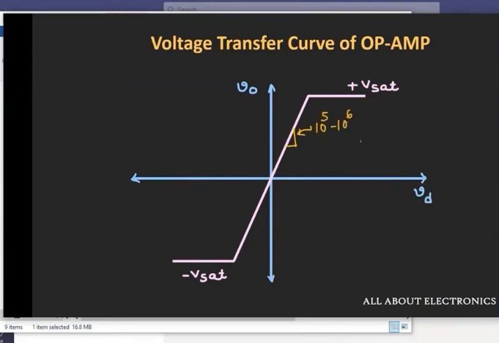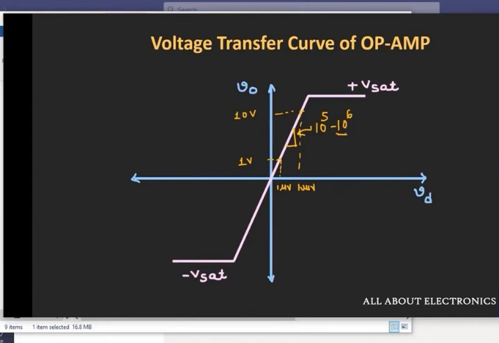Now here let's say the gain of the op-amp is 10 to the power 6, and let's say we are applying 1 microvolt of signal. Then at the output we should get 1 volt of signal. Likewise, if we apply 10 microvolt of signal, then at the output we will get 10 volt. But as we increase this input signal, you will find that after some value of input signal,